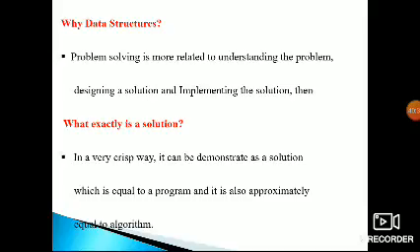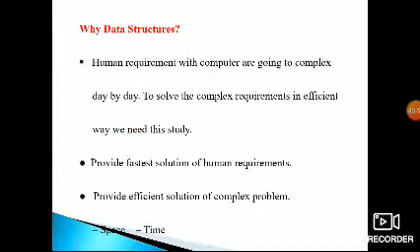And these are the examples of why we are using problem solving. Data structures can solve the problems. First we have to understand, then design and implement. So that's why we are using data structures. What is the solution we need? That is equal to an algorithm only, because step by step we are solving problems with the help of algorithms. So why are we using data structures? For the complex problems, day by day we are using data structures to provide the fastest response to human requirements. In a computer we have memory, and based on that we have time also.